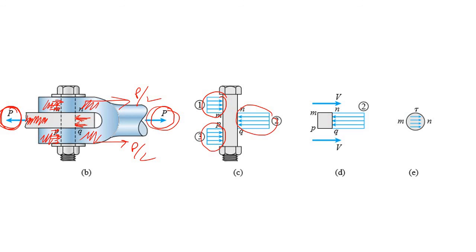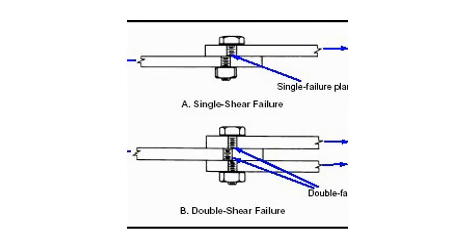Now again just compare this beam. We have a reaction here, a reaction here, and an applied load here. What is the shear force diagram? It looks something like this. All the material in this zone is in pure shear action. Just like that, all this material here is under the action of pure shear. If you cut the cross section of the bolt, here you can see there is a shear stress acting. Got the concept of single shear and double shear.